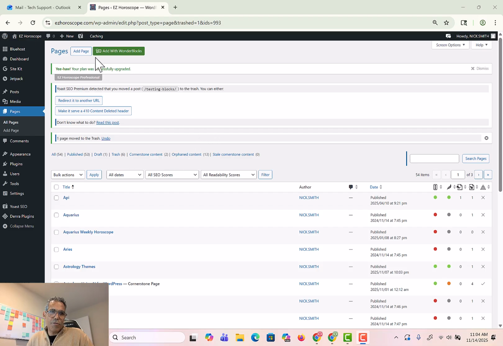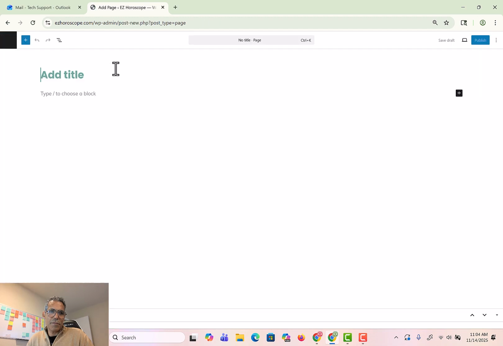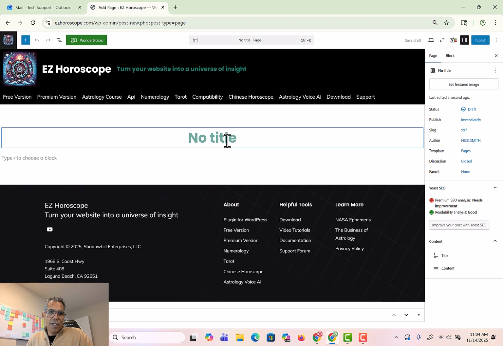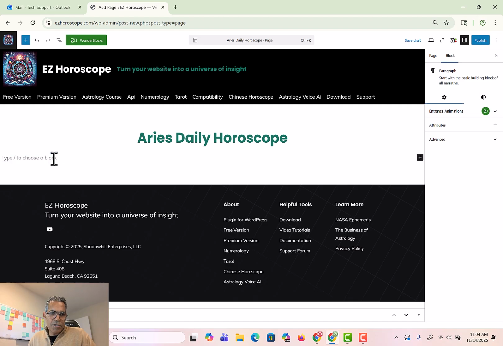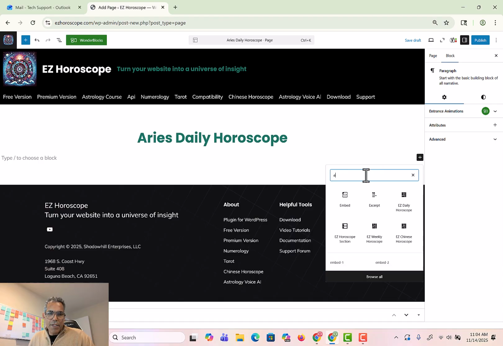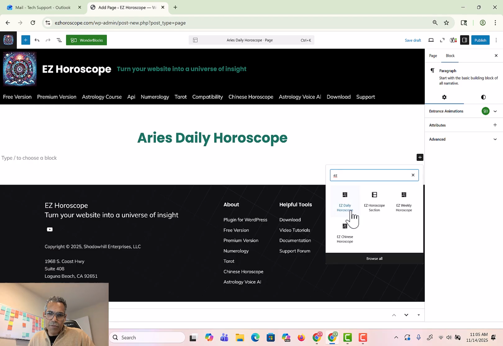And the first thing we'll do is we'll go ahead and add a page. We're going to give this page the title of Aries Daily Horoscope. And the next thing we're going to do is just click down here and add a block. If we type in EZ, we can see that we've got access to several different blocks. We've got an EZ Daily Horoscope block, an EZ Chinese Horoscope block, an EZ Weekly Horoscope block, and an EZ